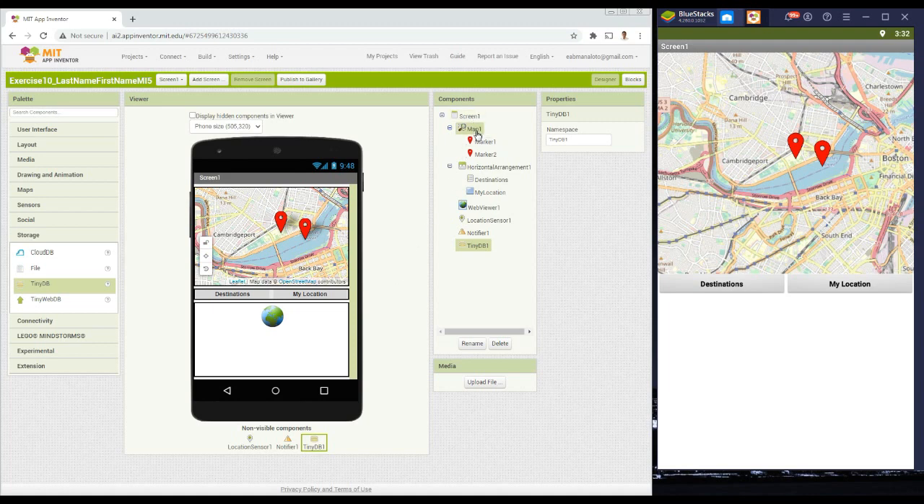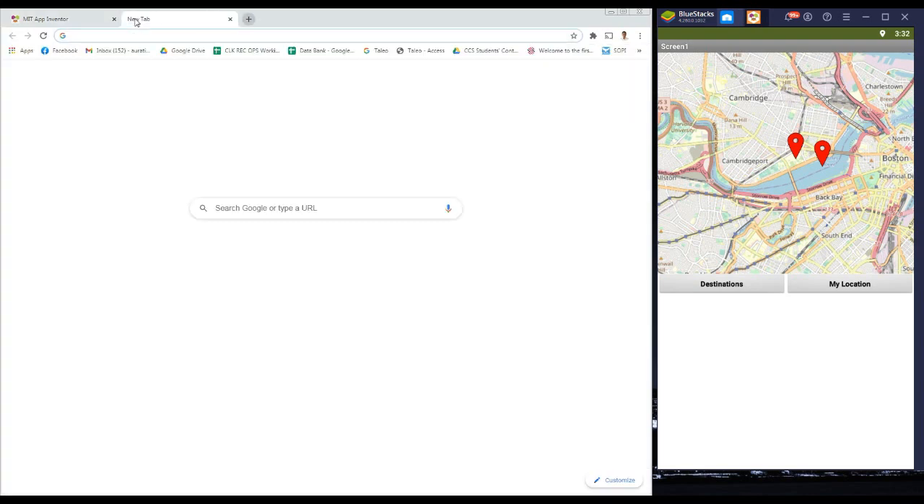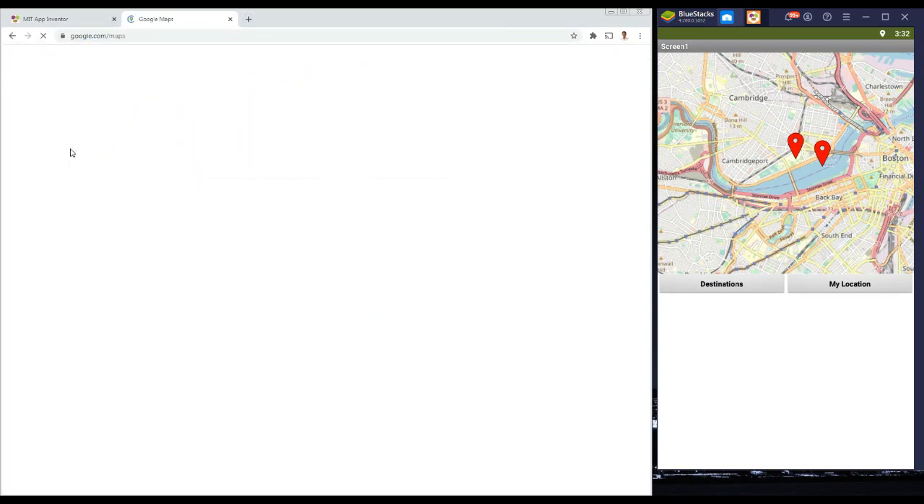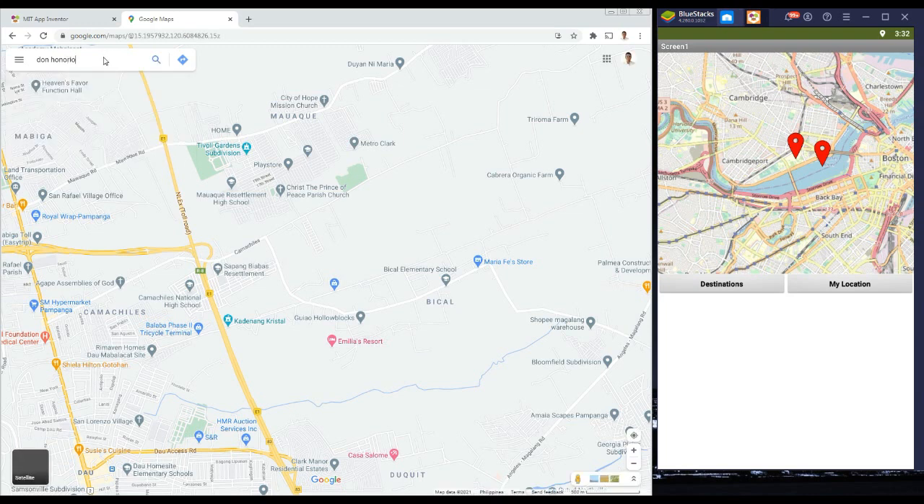Then let's proceed with the map first. So we have the center prompt string. By default, the center prompt string is located on the MIT, or the Massachusetts Institute of Technology, in Cambridge. For this example, you can use the maps, and then you can search whatever